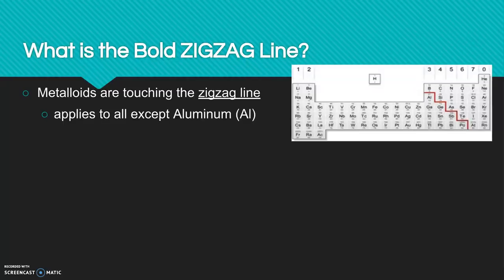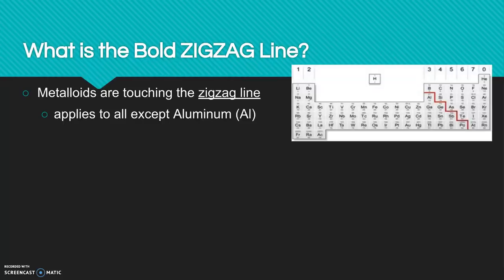So you're going to shade silicon, Si, you're going to shade germanium, Ge, arsenic, As, and you're going to keep going down and shading each box that has a side touching the zigzag line. Now, if you're not done, go ahead and pause the video, but if you are ready to move on,